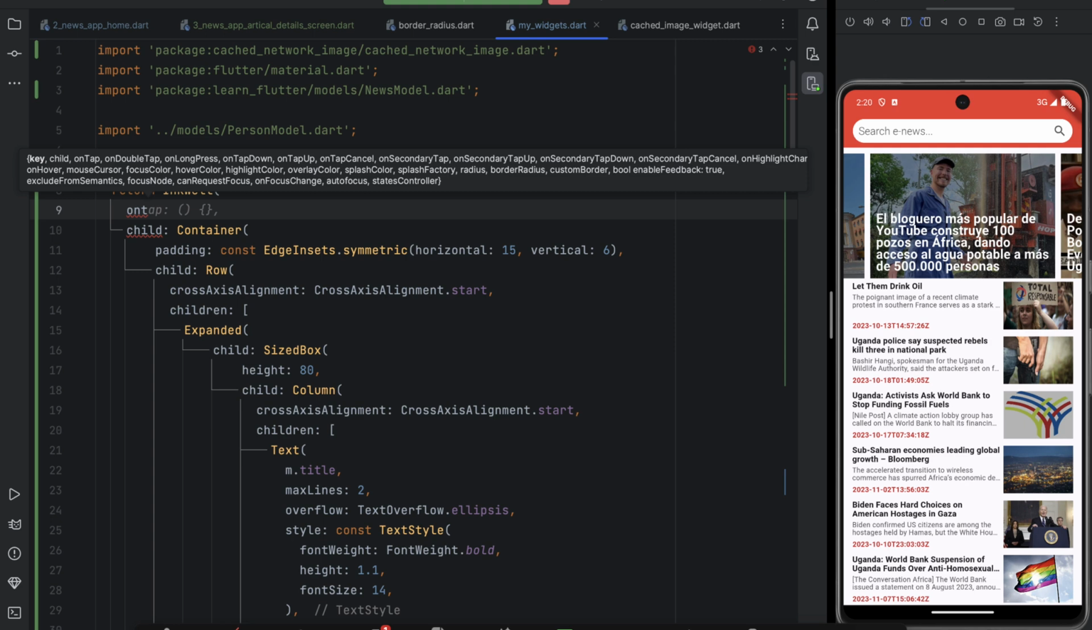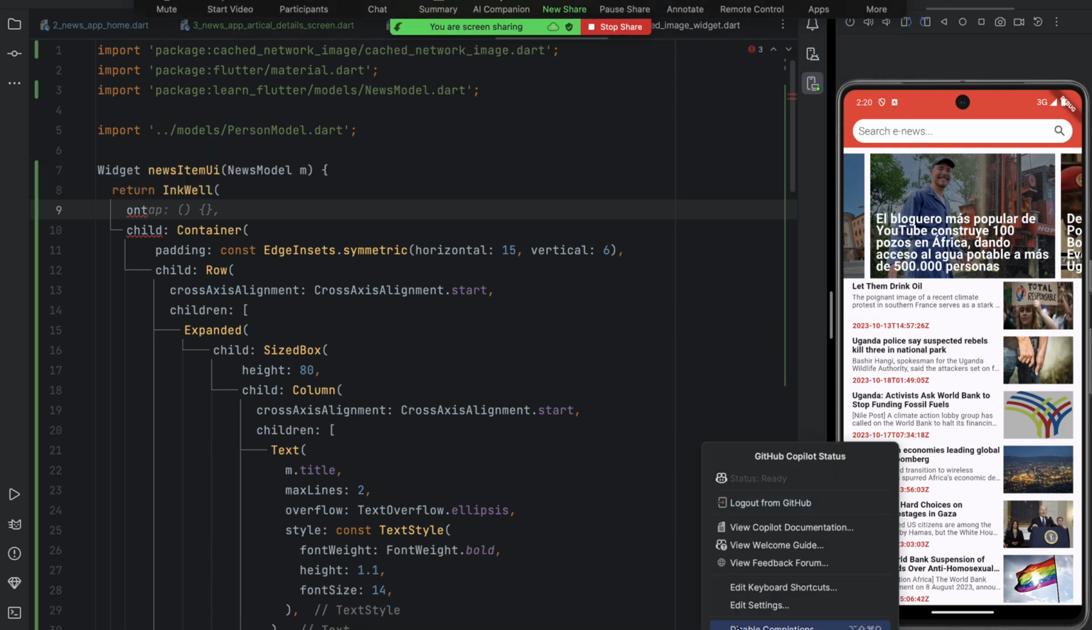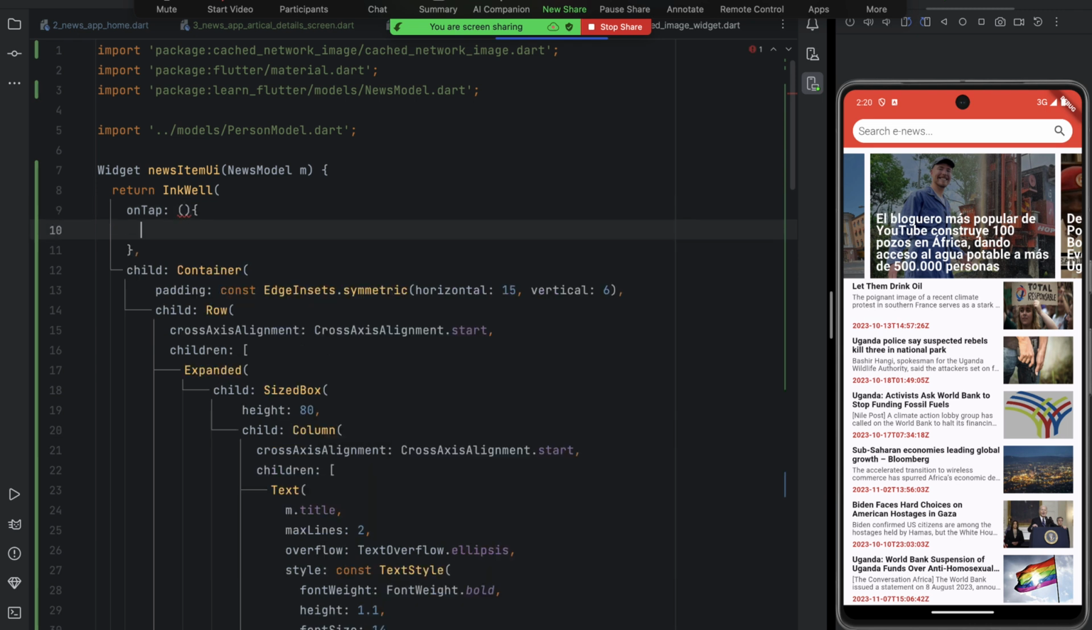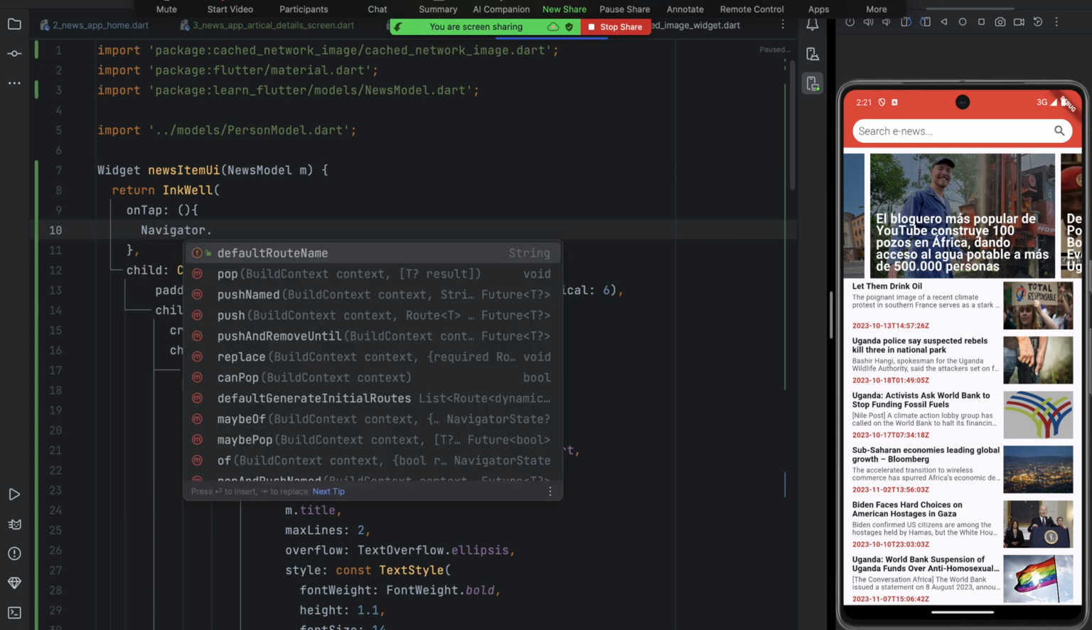Let me first disable Copilot so I can be able to explain things properly. All right. This InkWell will take onTap, so I'll open the bracket and then put here like this. Okay. I want when someone taps here, we should navigate this person to what? To this single news item details. So just simply say Navigator dot what? Dot push,